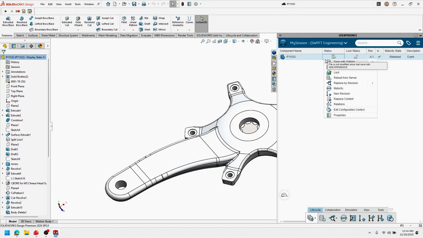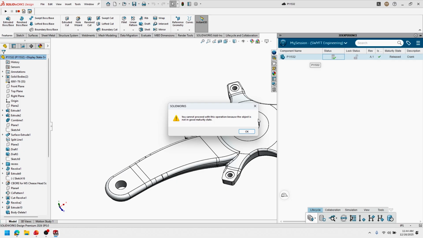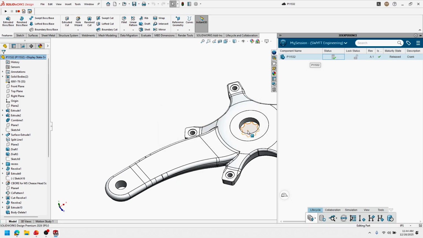So in this case, I need to lock a file to be able to make changes. If I try, it will block me and say that it can't because it's not in a good maturity state. So that's just kind of a safeguard in terms of not only using good revision practices, but also lifecycle management built into the same tool. So in order for me to make changes to this, I need to create a new revision. And that's just as simple as right-click, new revision, or coming down here to the lifecycle tab and selecting the